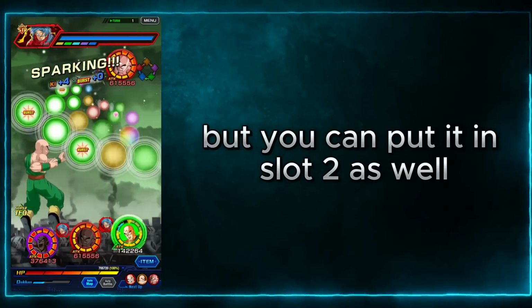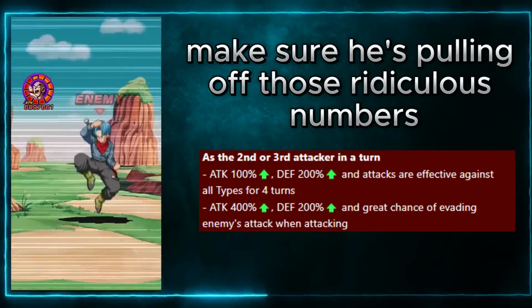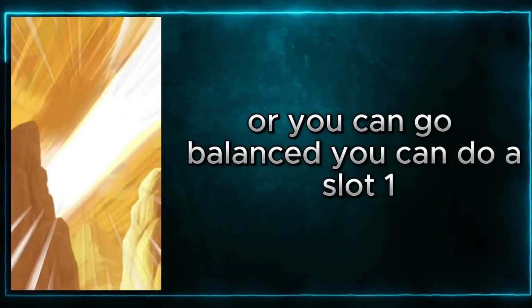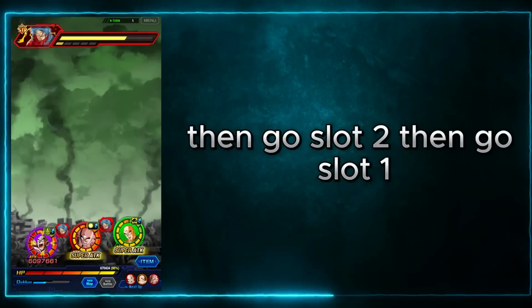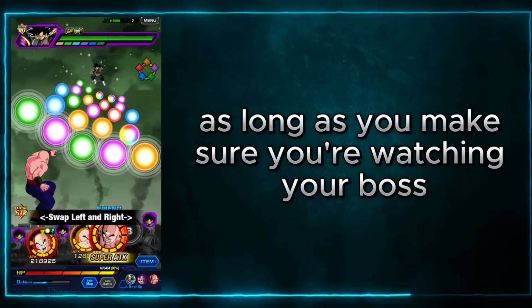But you can put him in slot 2 as well if you want to go for full offense. Make sure he's pulling off those ridiculous numbers so you can hit really hard, especially with those crits. Or you can go balanced. You could do a slot 1, then go slot 2, then go slot 1, then go slot 2. Whatever you want to play, he's good in every slot, as long as you make sure you're watching your boss